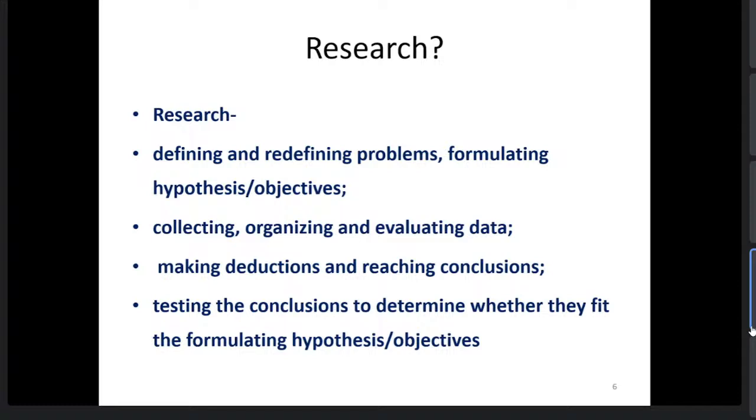So what is research? We need to define what the problem is. And to solve the problem, is there any hypothesis or not? We must have an objective: this is the problem, I have to collect some data, some hardware and software. Very important is defining what your problem is. And to solve the problem, what do we need,